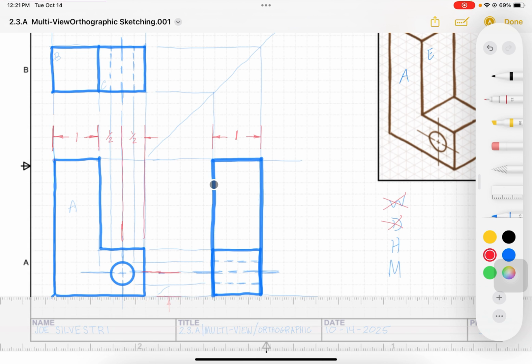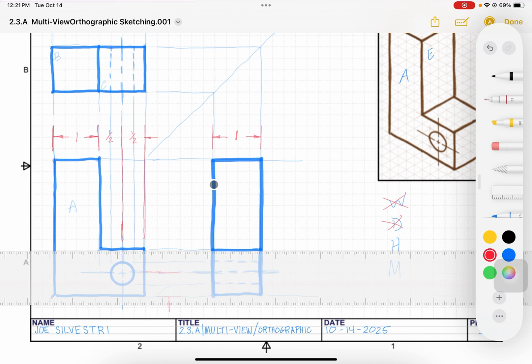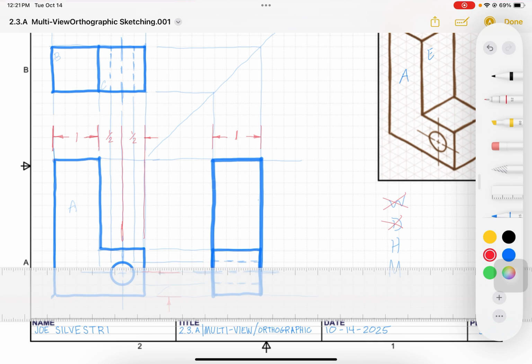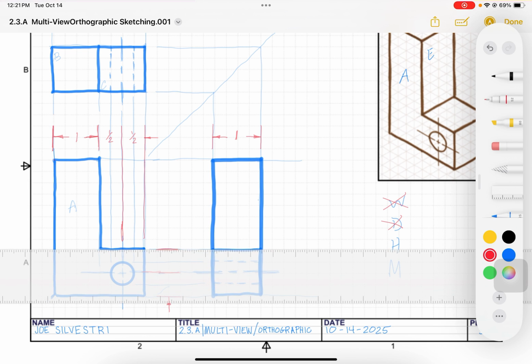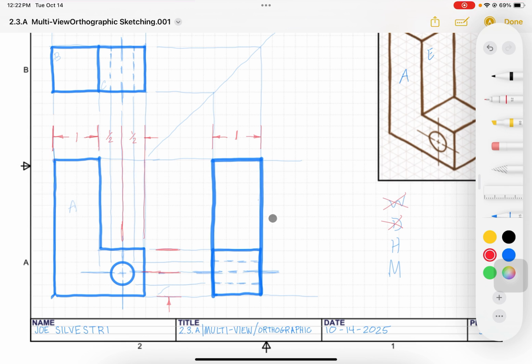Okay, so I've got this extension line from the edge to the center, from the center to this edge, because that's the next geometric feature I run into. So I can extend this out. And then I want to go from that edge all the way up to the top of the object, because this is the next geometric feature I run into. And so remember that when we extend these extension lines, they're going to be one block gap from the point in which you're dimensioning from. So where I'm circling, I want to skip out one grid block from that spot